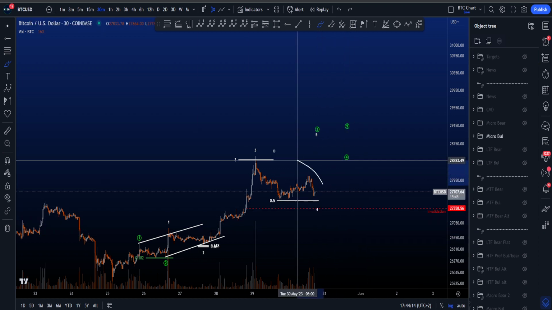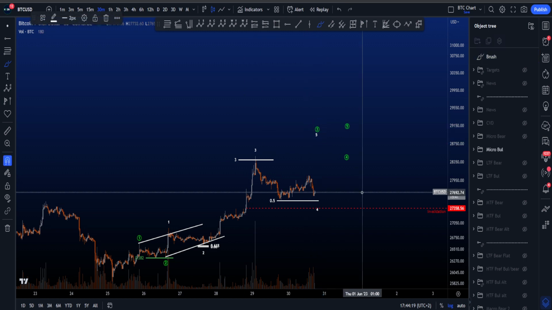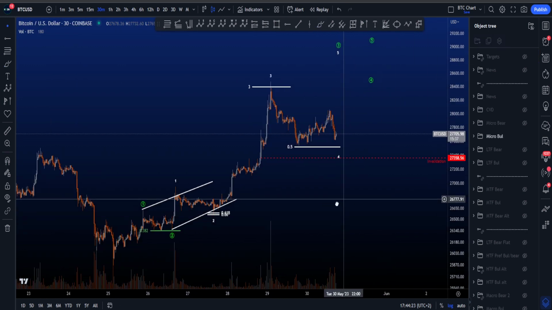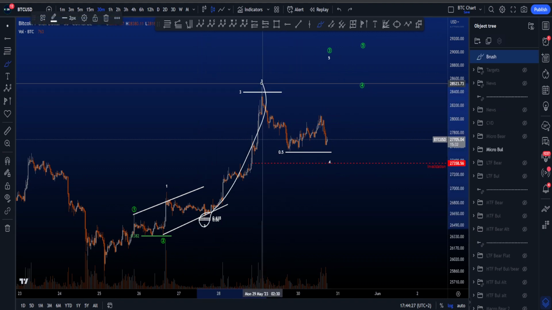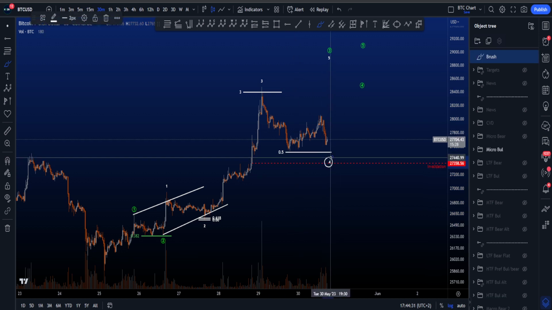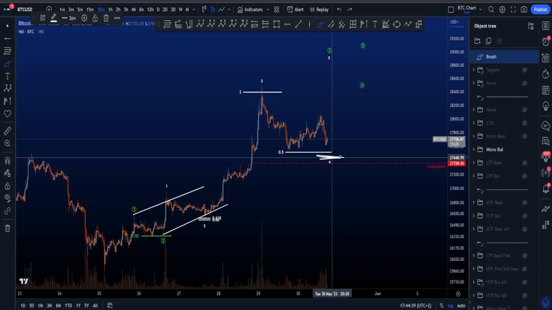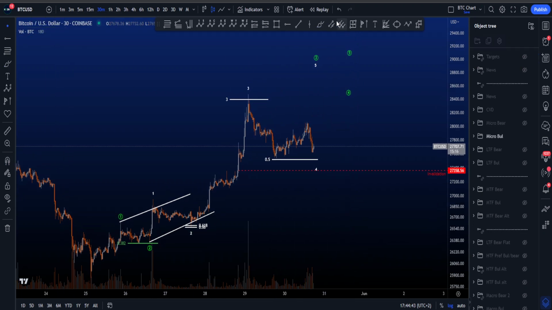But as it stands now, if this is the wave 3 or this is the wave 4 of then already a bigger wave 3, how high will it go, right? That's the question. So in this particular scenario, we have the 0.5 Fibonacci taken from the low of 2 to the high of this wave 3, which is a maximum target for a wave 4. Now, wicking below this level and then closing above the 0.5 is no problem for me. However, starting to close 30-minute, 1-hour candles below the 0.5 is definitely not a bullish sign,